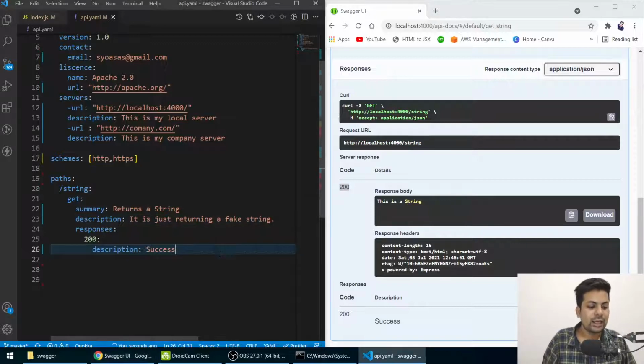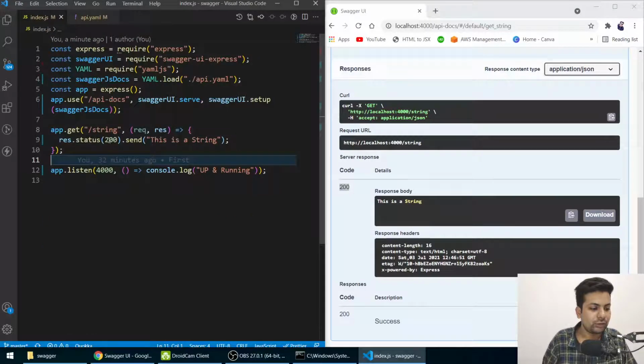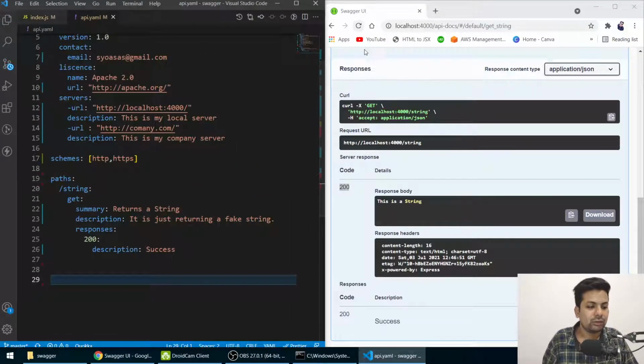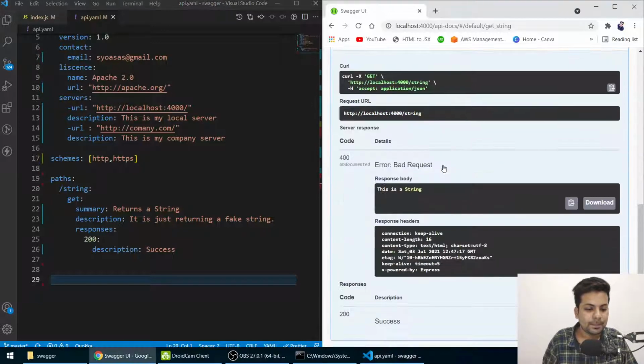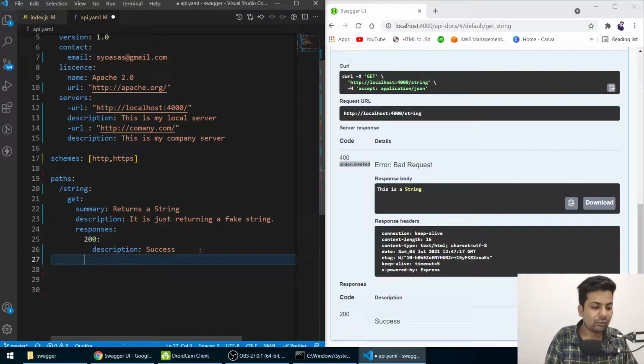But suppose someone is sending 400. Suppose I'm sending, instead of 200 I'm sending 400, like user error. So now if I do again, now it's sending 400 but it's working, but it's showing you undocumented. So we have to give it like what responses will give.